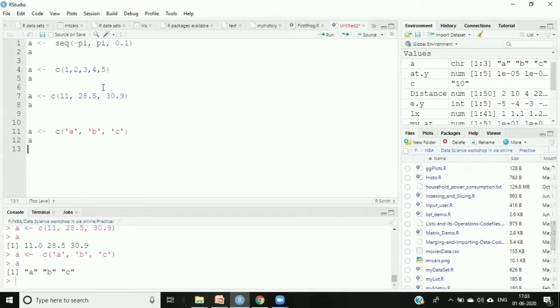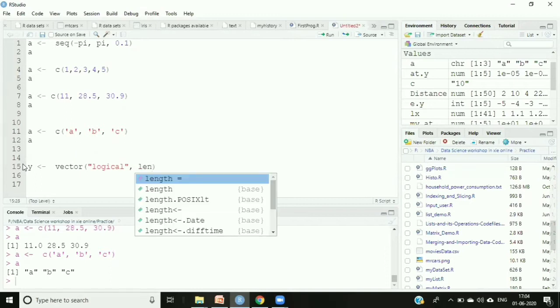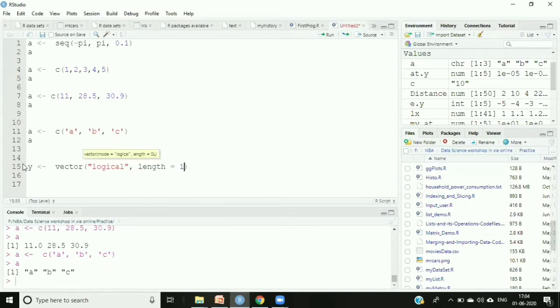Clear? So the first two ways are: one is by using the sequence, another is by using the create function, the c function. One more approach is there, by using the vector function. So let's say y equal to vector, and I'm saying any mode, let's say logical, anything you can write, logical, and length equal to 10.